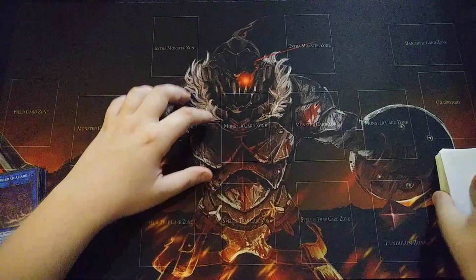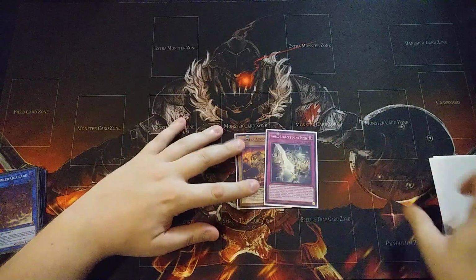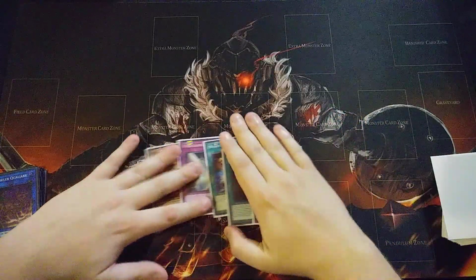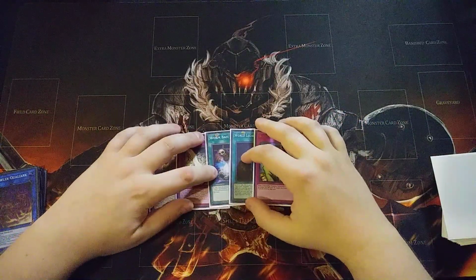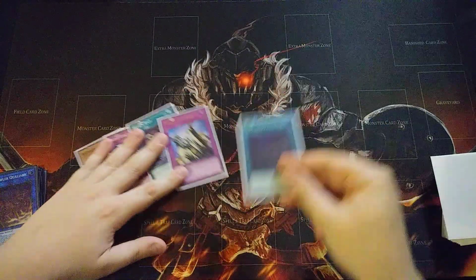So we're going to go ahead and shuffle it up, cut the deck. I'm feeling pretty good about this. We're going to get Axion, Mind Meld, Wormbait, World Legacy Survivor, and a Judgment. That's not bad. Okay. So with this particular hand, I would probably right off the bat go ahead and do World Legacy Survivor,